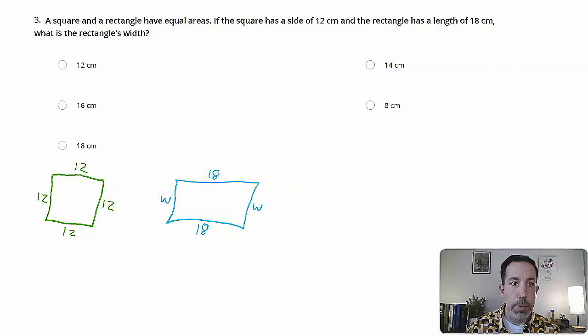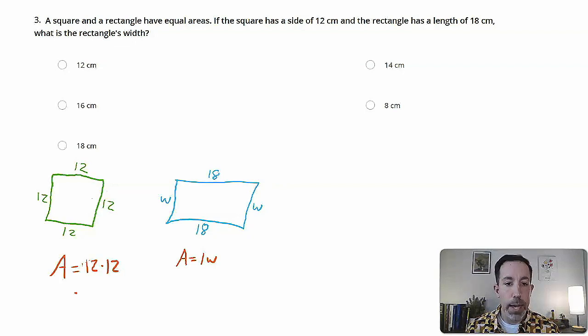So we've got these two shapes here. We know that their areas are equal, and we're trying to find the width of the rectangle. So what we can do is calculate the area of that square because we know that the sides are 12. And the area of a square, well, how do we calculate that? If you don't remember, that's not one of the formulas that Praxis gives you, but they do give you the formula for the area of a rectangle. Okay? They tell you the area of a rectangle equals length times width. And since a square is really a form of a rectangle, we can just do 12 times 12, and that